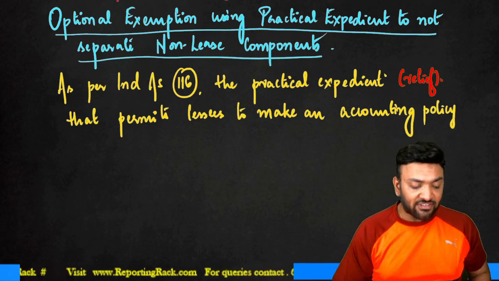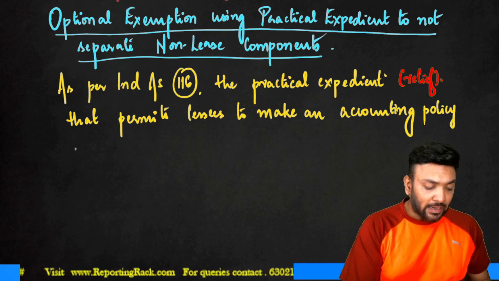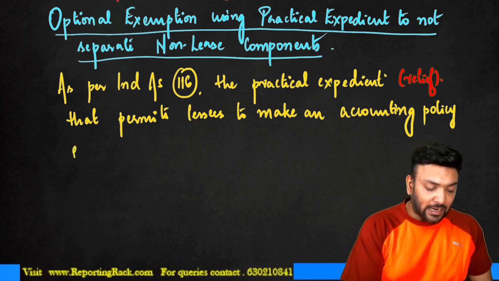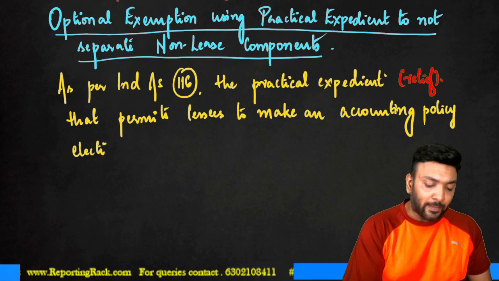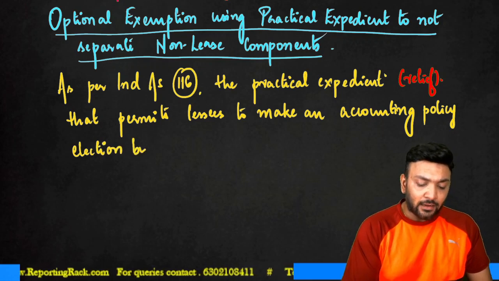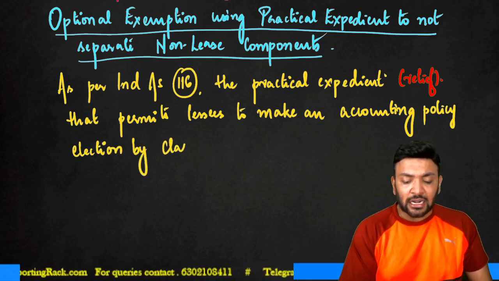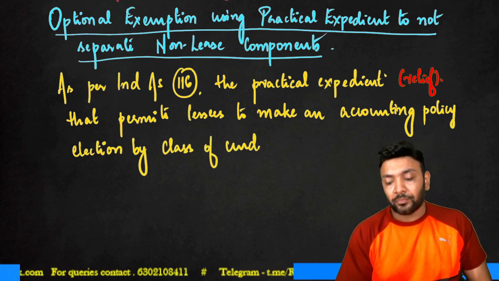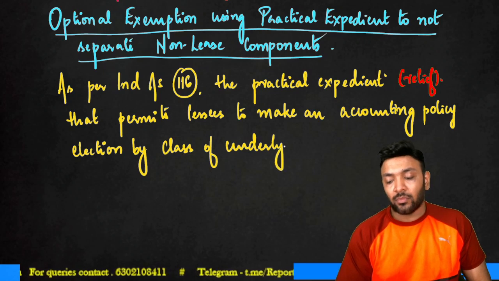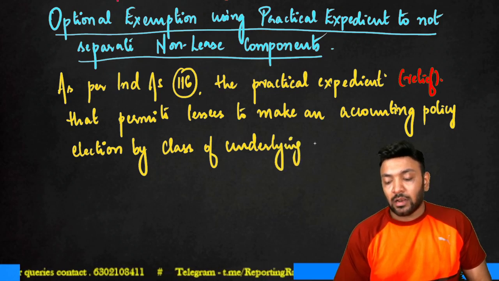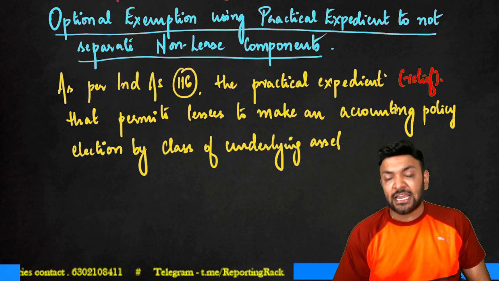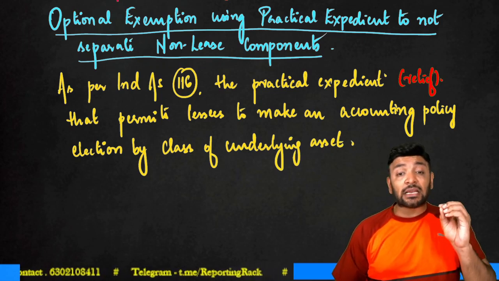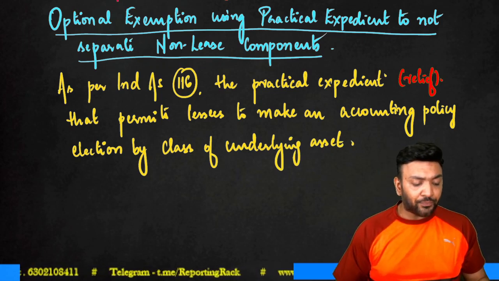What accounting policy will they make? Election by class of underlying asset. Like I told you, it is an accounting policy which applies to a particular class of underlying asset